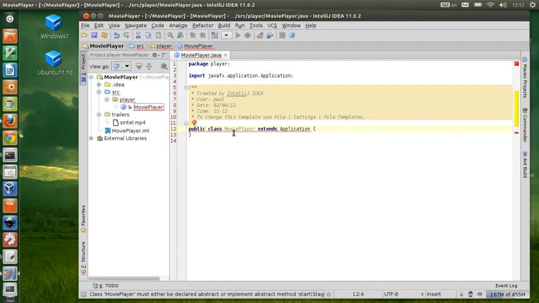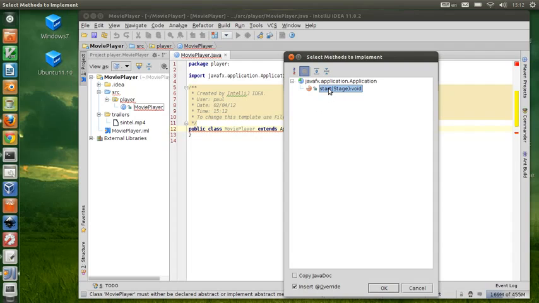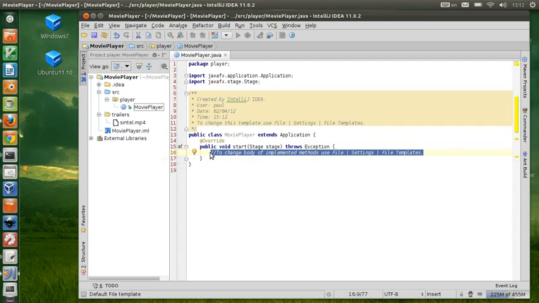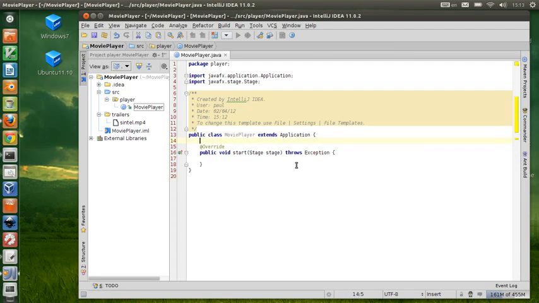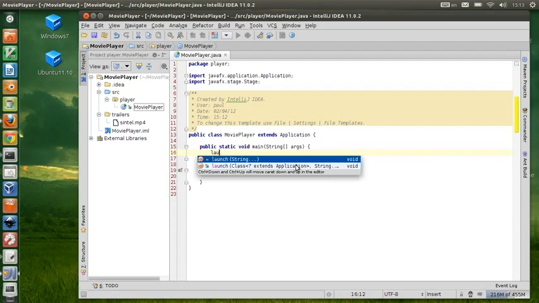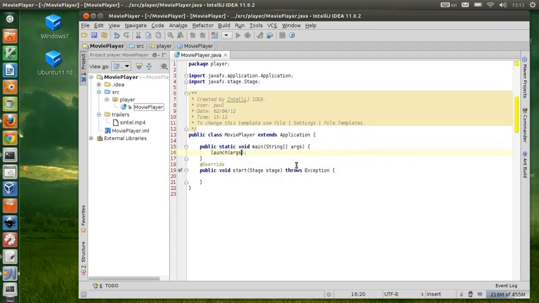And Alt+Enter again to implement the method called start with the stage. Now let's leave it blank for now. Create a new main method that calls launch and give it the parameter. Now in this method, what we are gonna be doing is